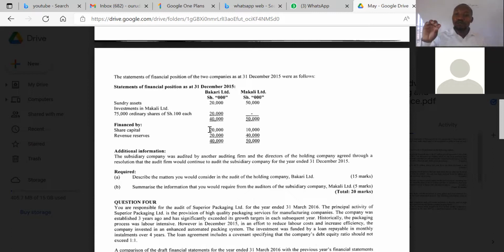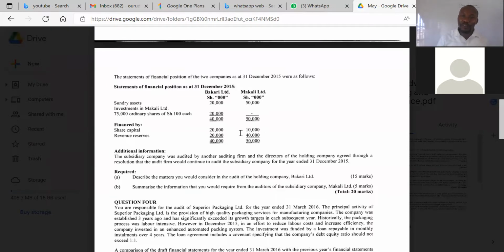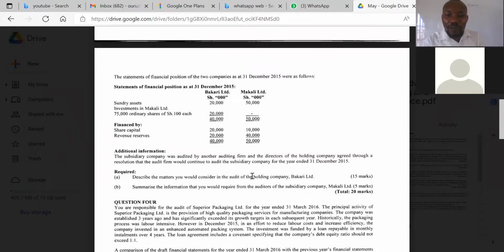But now you come and zero down to Makali. You need to know the experience of the partners under Makali, the audit procedures that were followed, the assumptions that were used, or we can say sampling criteria. You check the audit opinion and check if it is actually supported by the evidence that is available. You look at the quantity and quality of the audit evidence from Makali, because you are going to sign, when you HAPA, you are the auditor of the holding. You are the audit of the holding, not just Bakari as a company, but Bakari as a holding. So you are the group auditor.